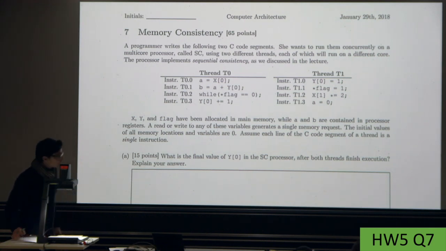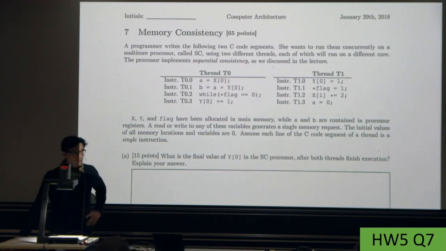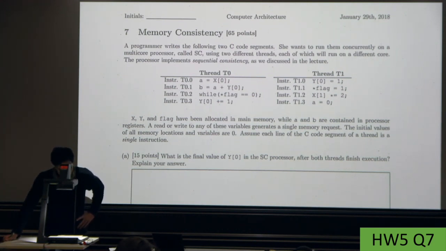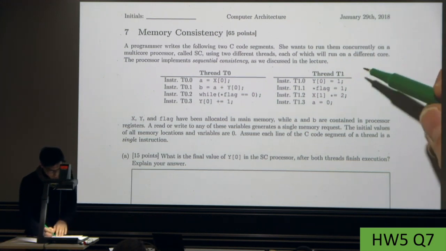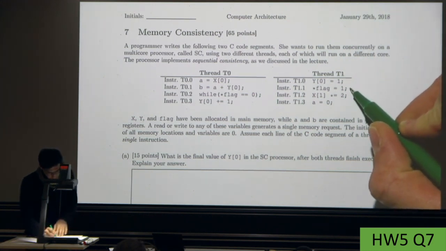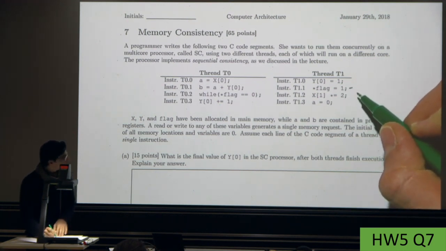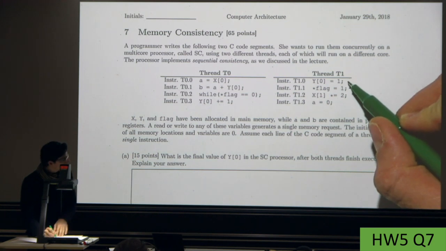So the first thing to recall here is that sequential consistency ensures that the order in which memory accesses from a particular thread, from a particular core, are going to take place is the same order as we have in the program, and that's very important in this processor to confirm that this update here by instruction T11 is going to happen after this one here